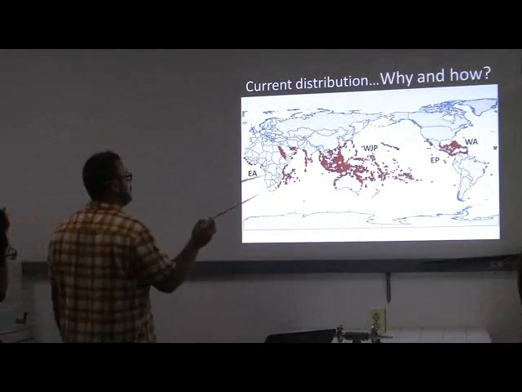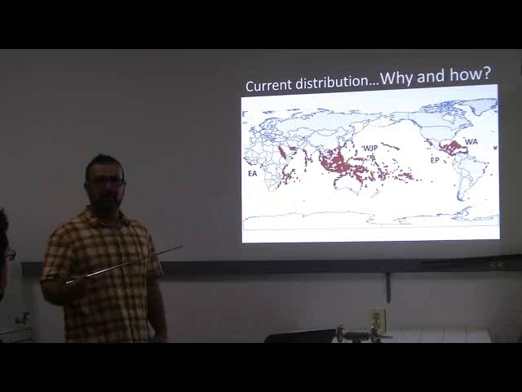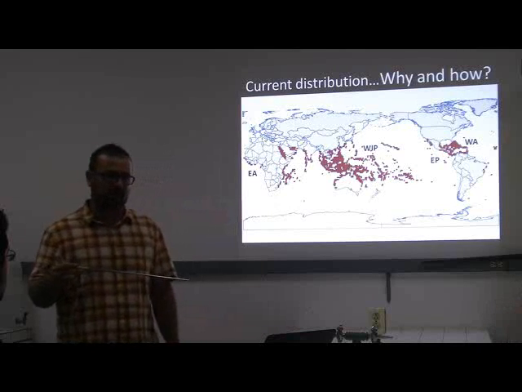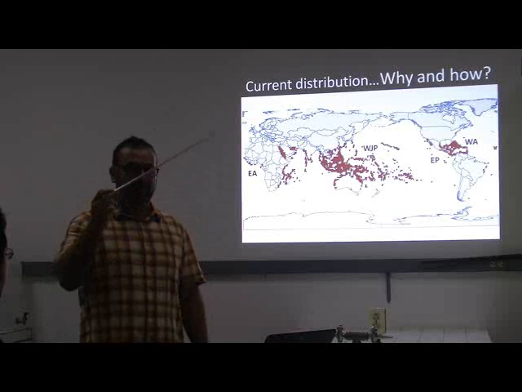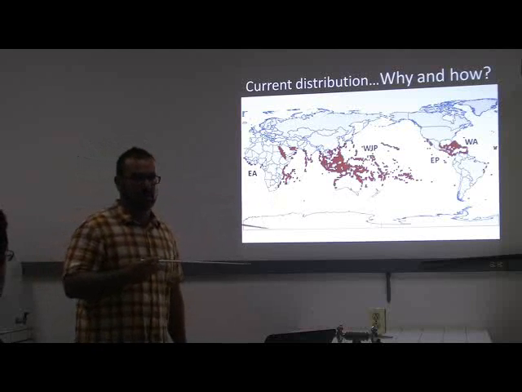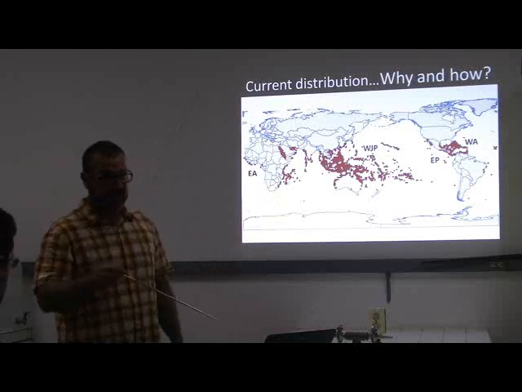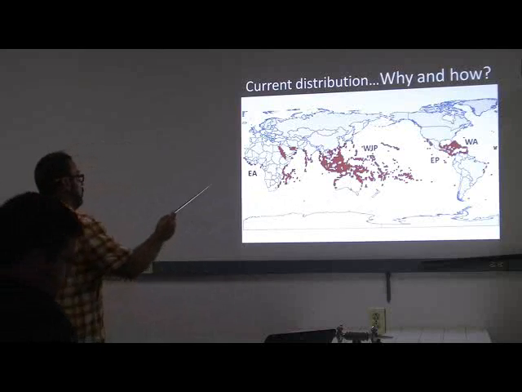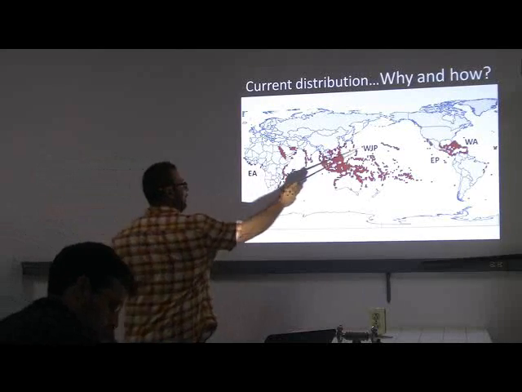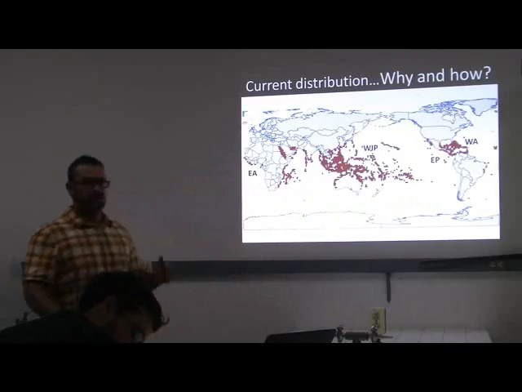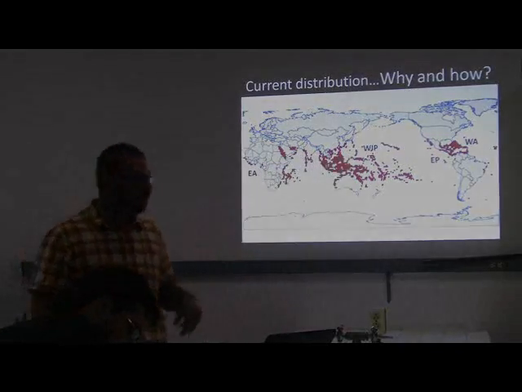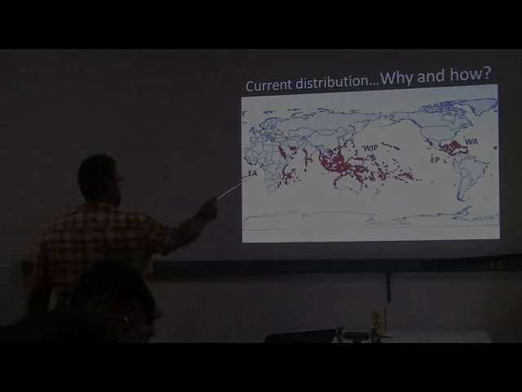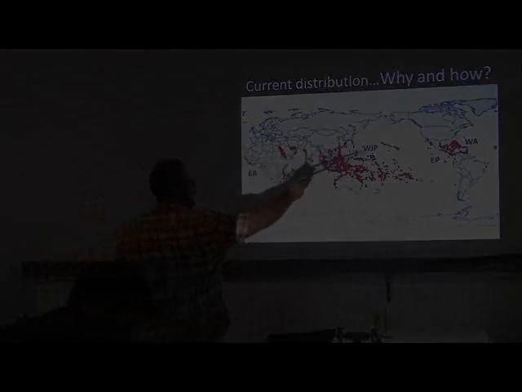So the current distribution of coral reef is very limited. Like I said before, they are distributed between 30 degrees of latitude north and south. And today we have 4 different bioregions. They are different in terms of the faunas that dominate these reefs. The first one is the Eastern Pacific, then we have the Western